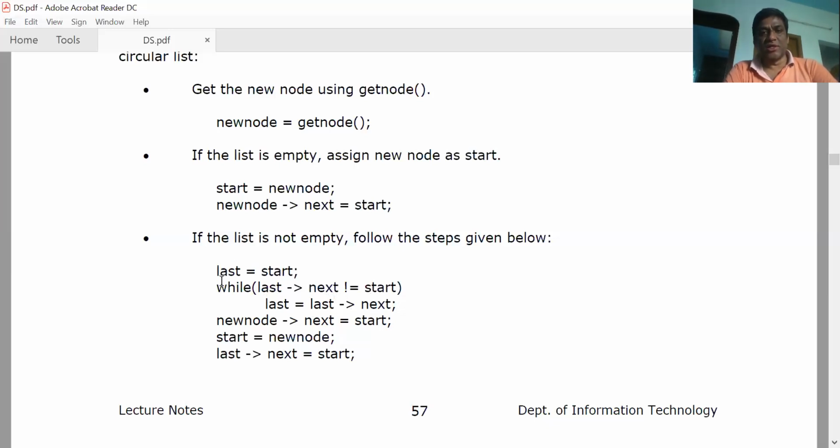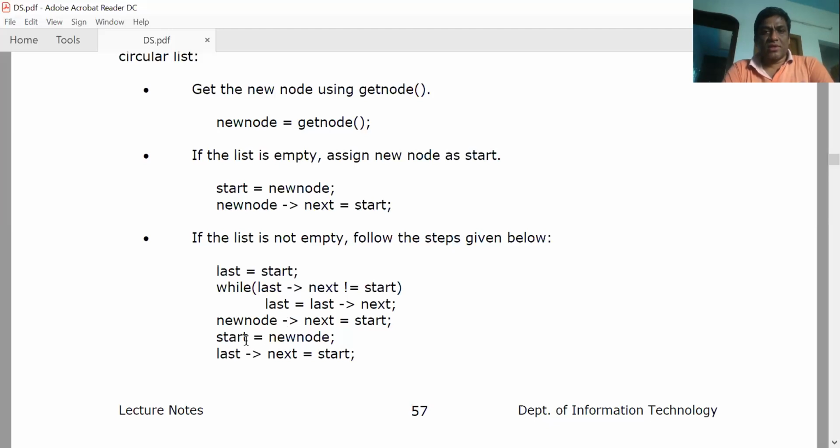We can use the regular name that we use for the temporary node. Here it is taken as last. Don't get confused by that. It is just a variable name, which is initialized to start, and until it reaches the last node, you just keep on moving. Okay, and new node next is equal to start.